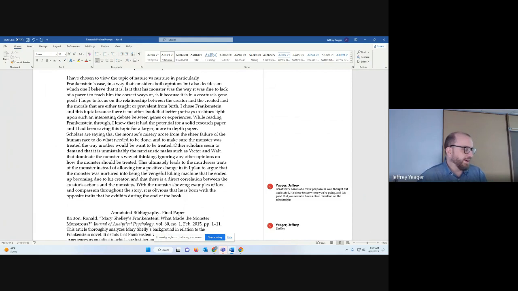Your goal for the annotated bibliography is to survey what people have said about this topic. And if you know what other people have said, then you can put together what hasn't been said, and maybe come up with some type of original contribution to the field. That's how you do original research.